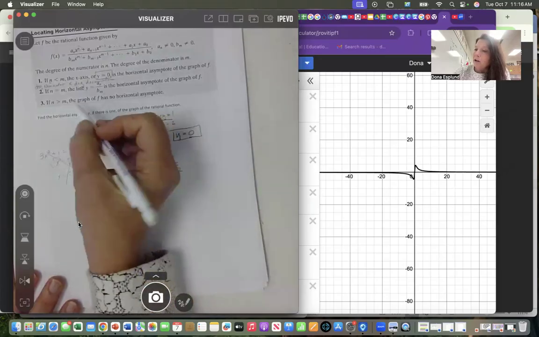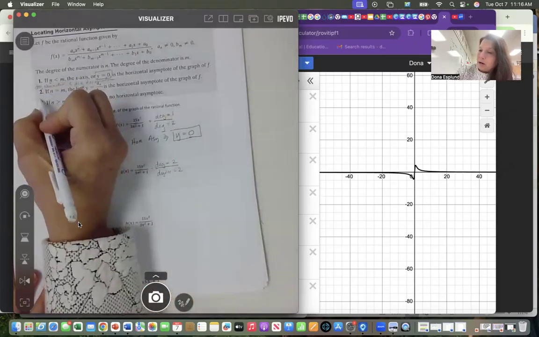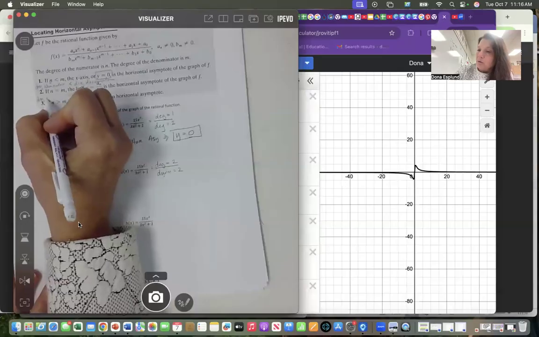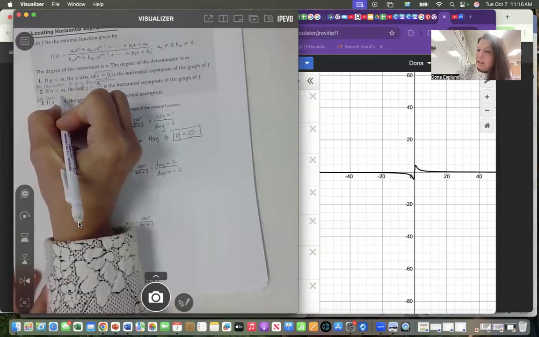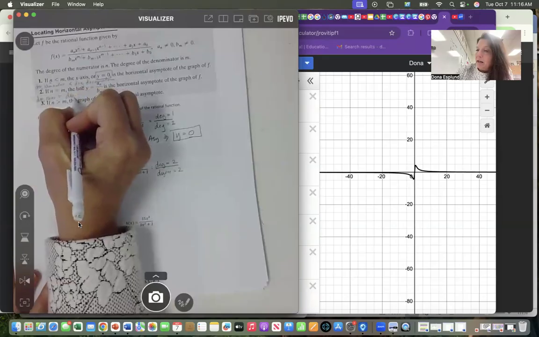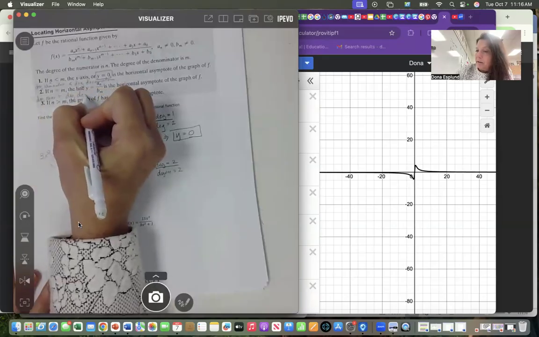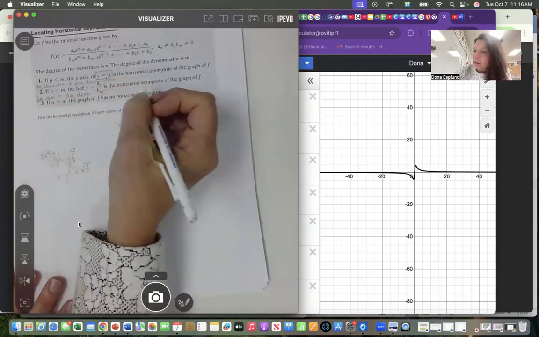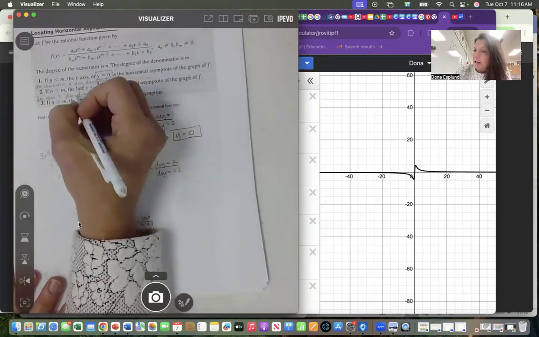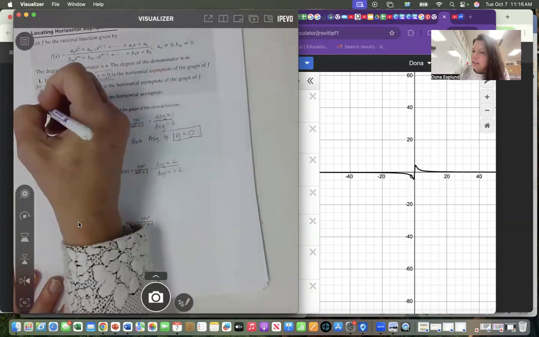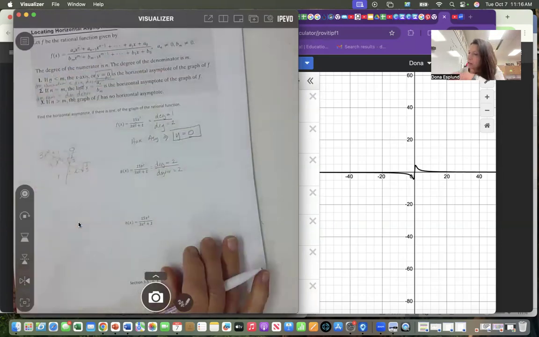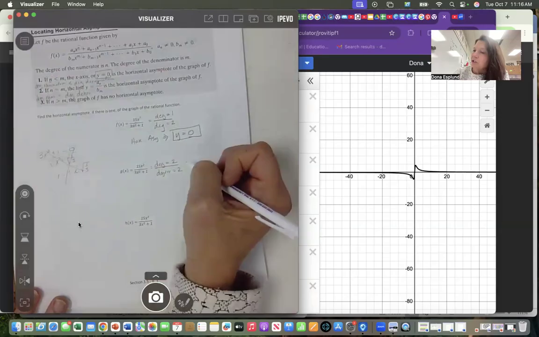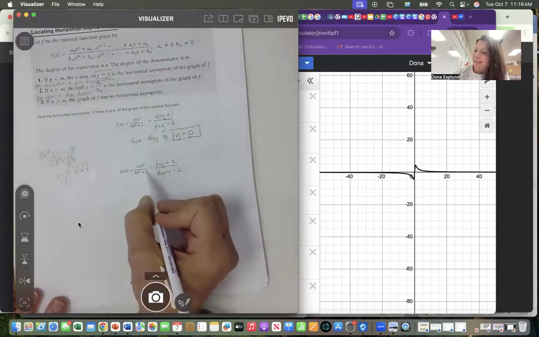And so when they are equal to each other, back up to my rule: if the degree of your numerator is equal to the degree of your denominator, okay, degree at the top, degree at the bottom. I'm having struggles today. Then what I need to do is